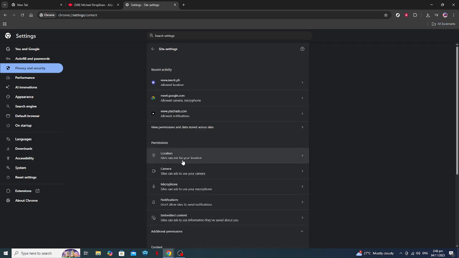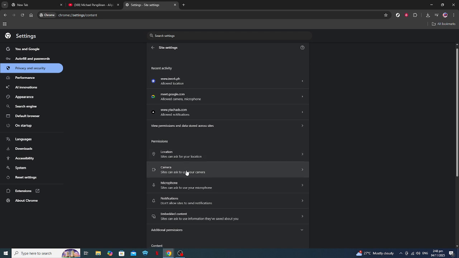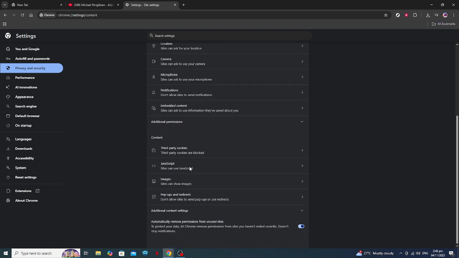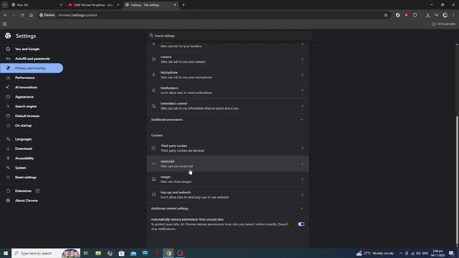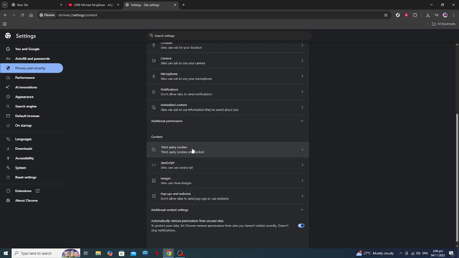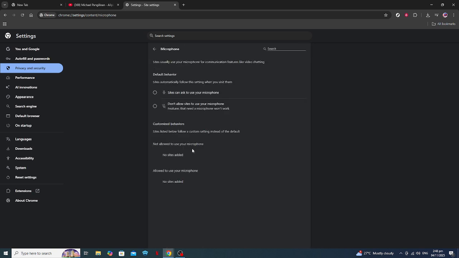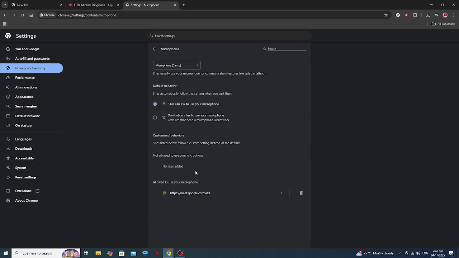If you've checked these settings and everything appears to be in order, it's possible that an extension or add-on is causing the issue with YouTube. To troubleshoot, go back to Chrome's menu, but this time select More Tools, then Extensions. You'll see a list of all extensions installed in your browser. Disable all of them by toggling the switch off and then restart Chrome. Play the YouTube video again to see if the sound works. If it does, re-enable your extensions